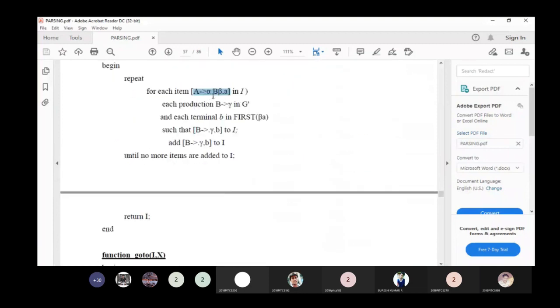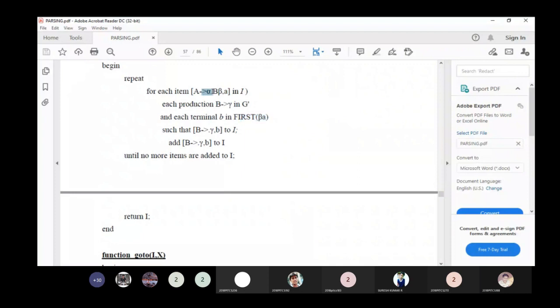We have the production B → γ, so for each terminal b in first of βa, we add it. Here b is nothing but the lookahead. How do we find this b? It is first of βa.